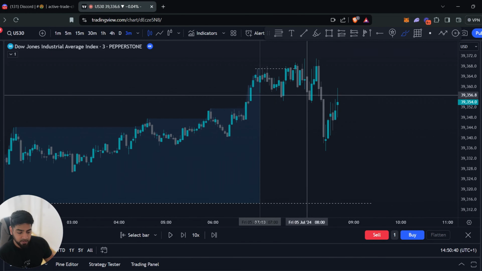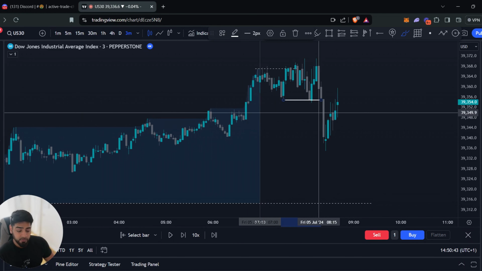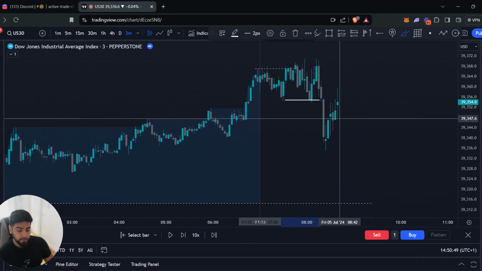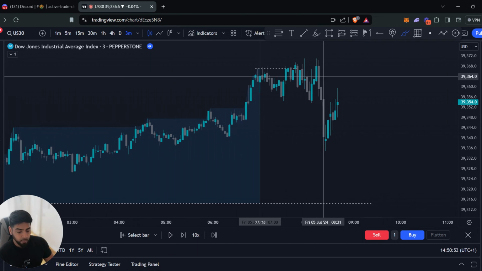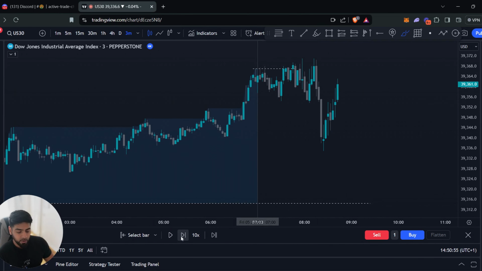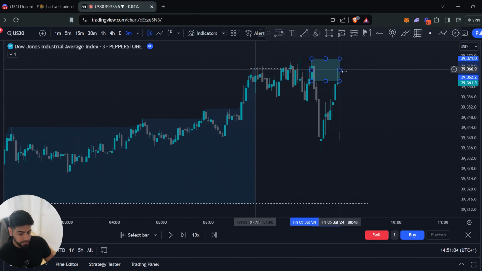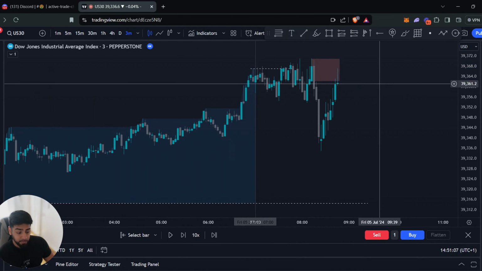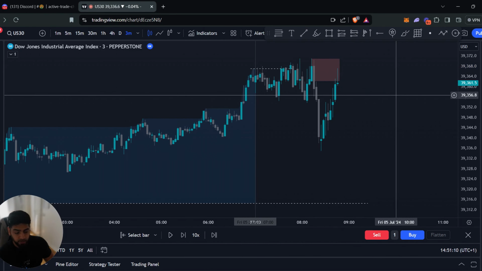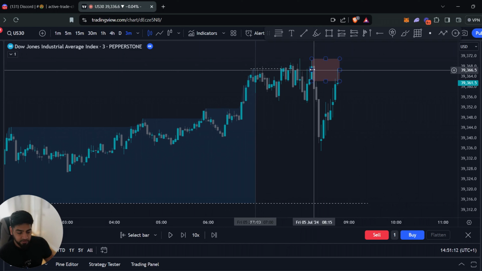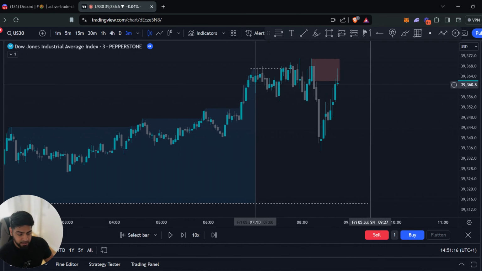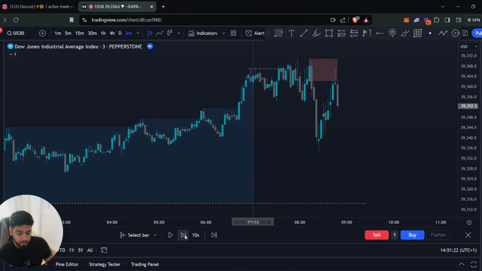Once both of these liquidities were swept, we got this massive impulsive move to the downside. This signified that we had shifted structure, giving us our market structure shift. Once we got this, we come onto the charts and start to identify what is happening with price. If I play this bar by bar, we can see that price comes into the extreme, by which I mean this order block right here. This is now our supply zone. You can call it an order block, or resistance, whatever you want. We classify this as an order block, and price came into it and started to reject. We were still sitting on our hands to see what price does.